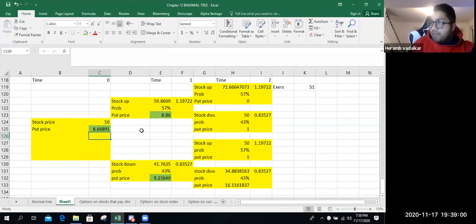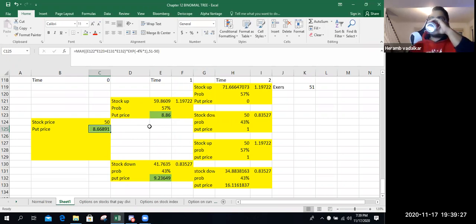So if it is an American option, you have to insert the max function. So how to do that? Calculate values based on Europeans, calculate the whole tree. Then put a max function in. What is max? Compare the calculated value with the value if you exercise early. Whichever is more, take that value. Any questions?